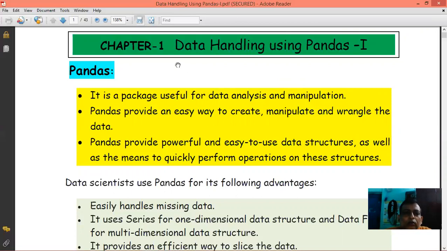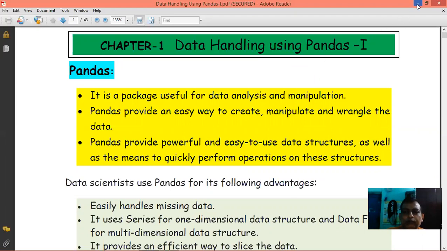So to use the Pandas module, first of all we have to install Pandas in our computer. Now I am going to show how to install Pandas in our computer.